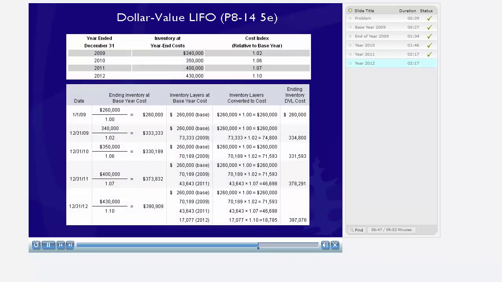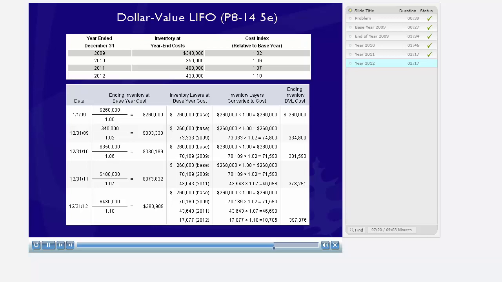Next we take a look at the inventory for the end of year 2012. And I'm running out of screen real estate, so you notice that part of the problem has gone away, but I've kept the critical information we need to solve the inventory problem for 2012. Okay, now we had inventory at $430,000 and the new cost index is 1.1. So we divide 430,000 divided by 1.1 and we see the inventory cost at the base year cost is